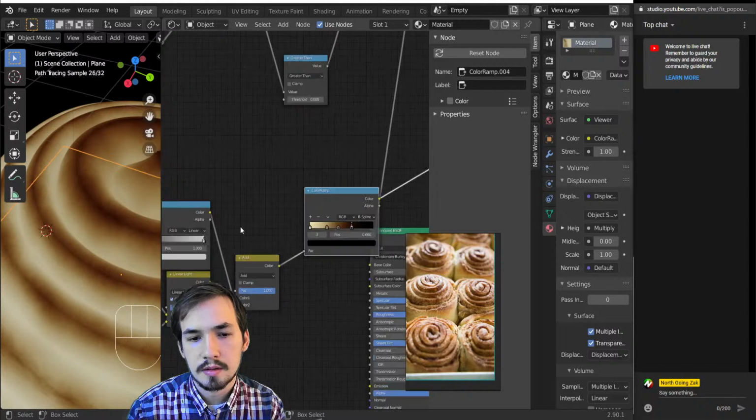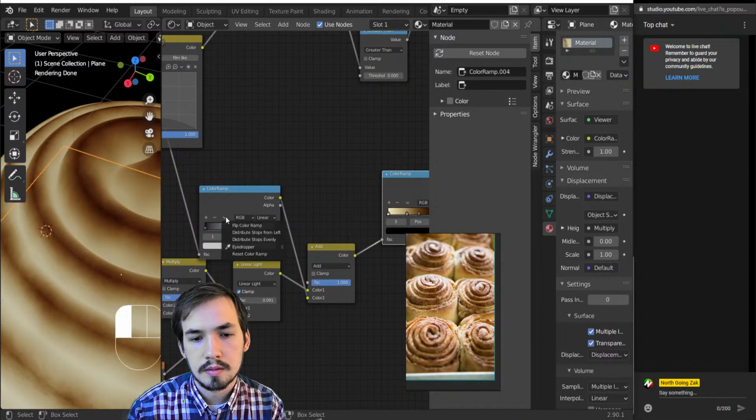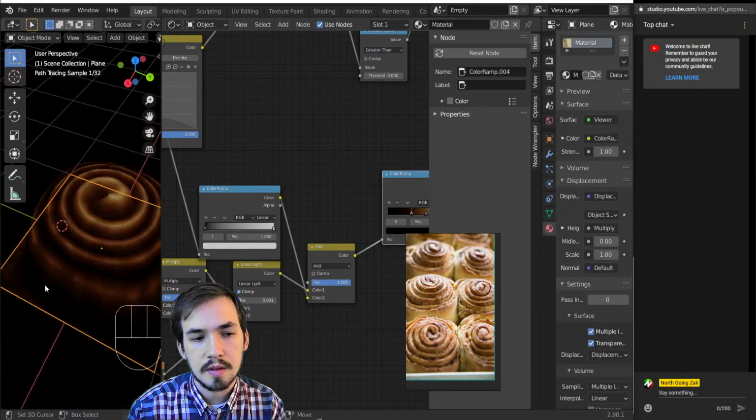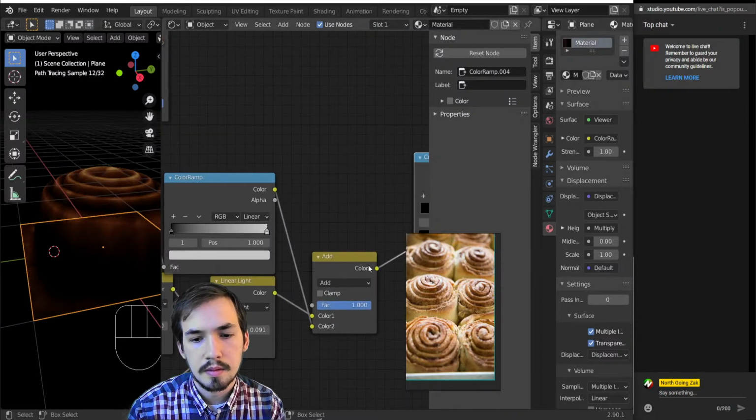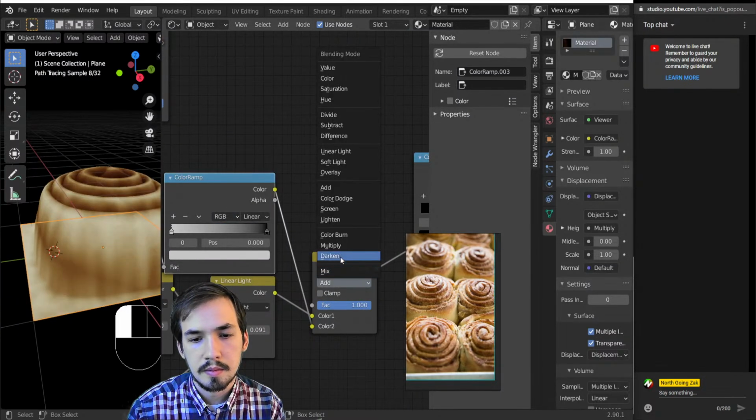Kind of doing the opposite. So let's try flipping these. This is going to involve a lot of cleanup. So if I flip color ramp, multiply,